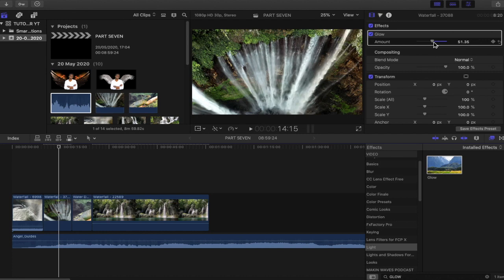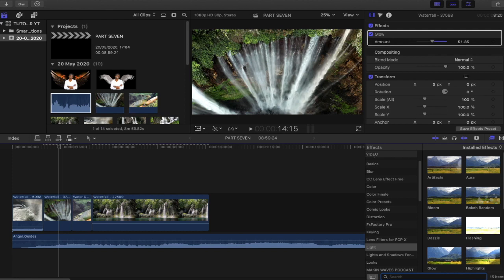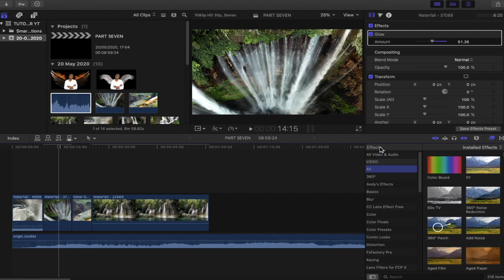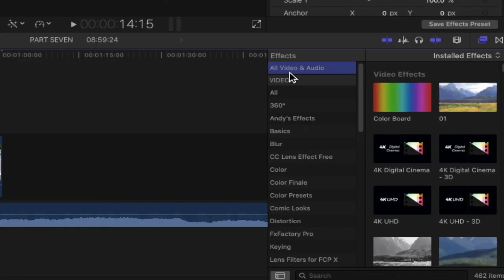Different types of effects will have different controls within the inspector window. Let's look for another effect. So we're going to go all the way up to all video effects, as there are video and audio effects. Searching for an effect while both video and audio effects are selected will also have you look for